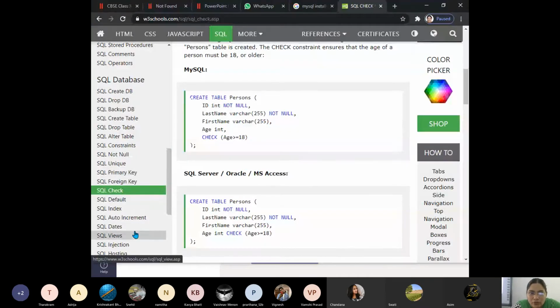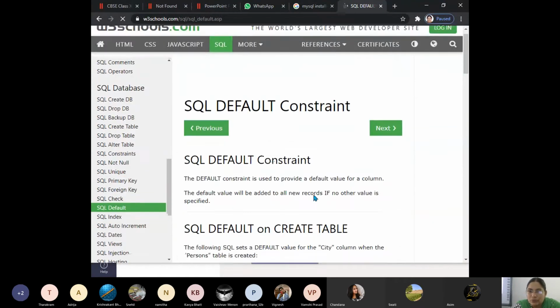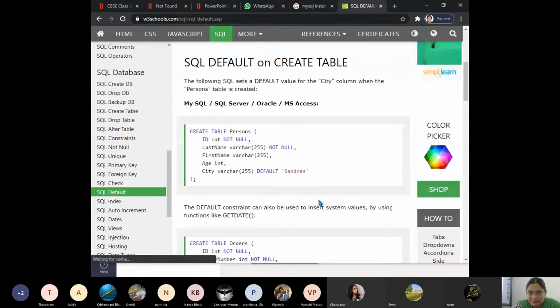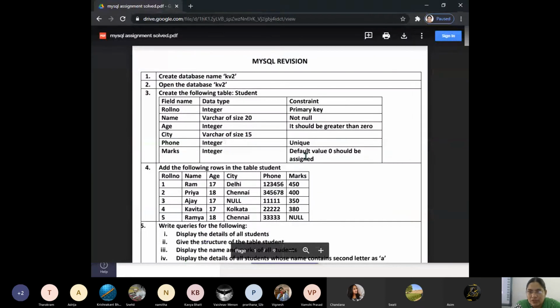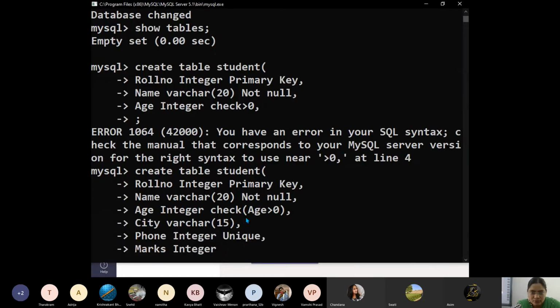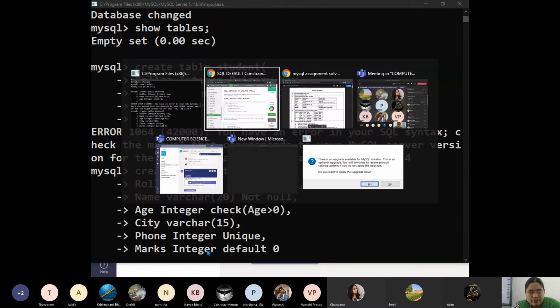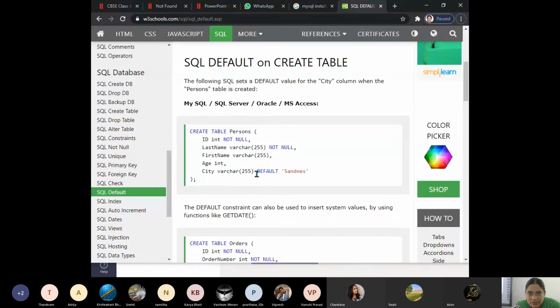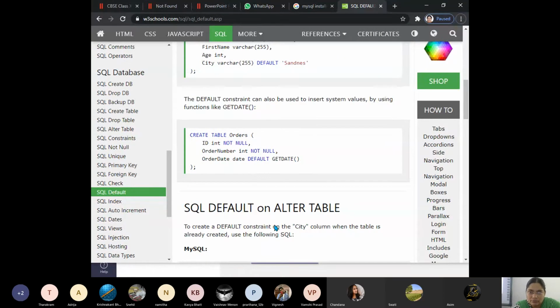What is the default value? Default value is 0. So we should write default. By default, it is 0. But let me see the syntax.